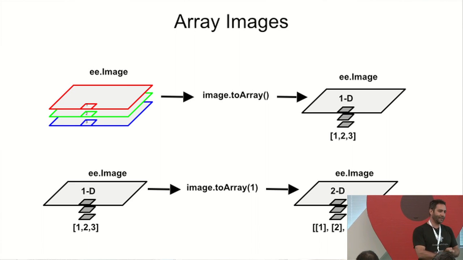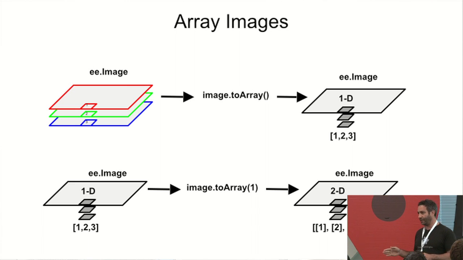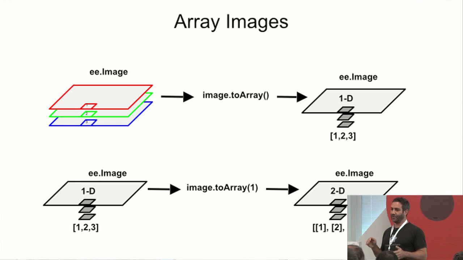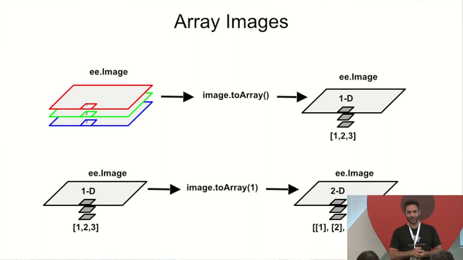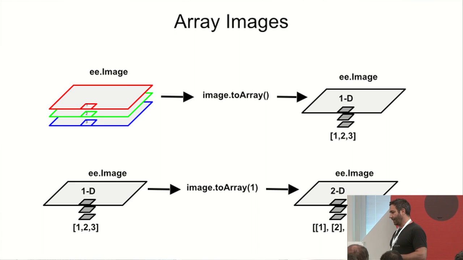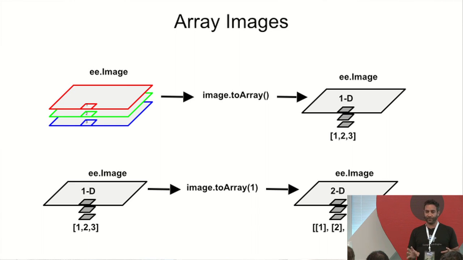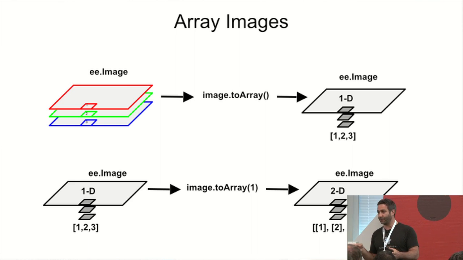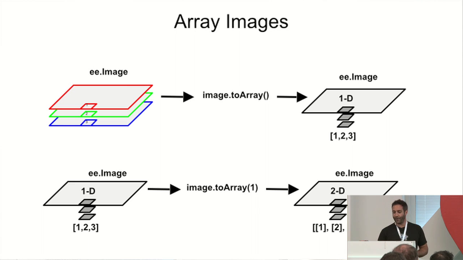So if you have a Landsat scene of 6 bands and you call .toArray on it, what you're going to get is an ee.Image in which each pixel is storing a length 6 vector. Those length 6 vectors are useful for various purposes, for example as input to a covariance reducer. But they are not useful for doing, say, matrix multiplications. Earth Engine doesn't know what to do with that length 6 vector. What you want is a 6 by 1 vector or a 1 by 6 vector. And the way you get that is by calling on this 1D image